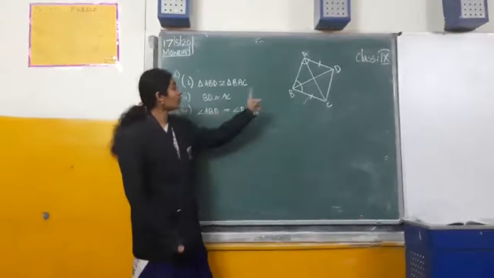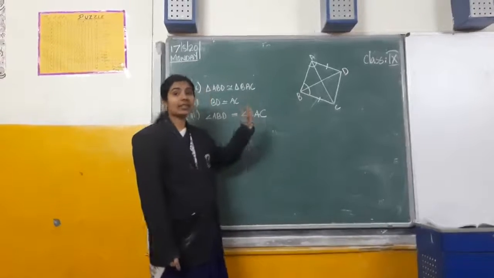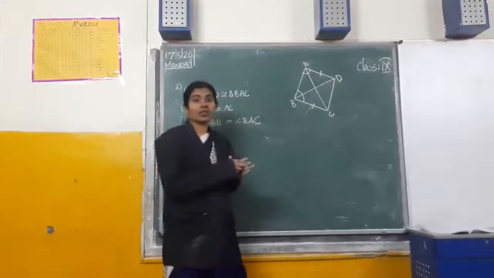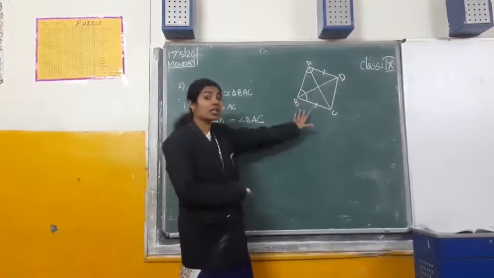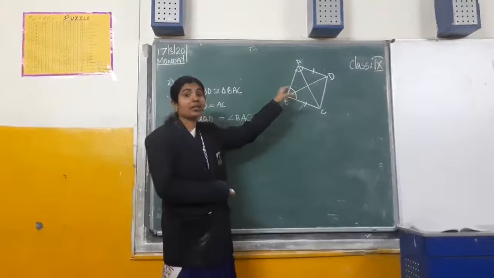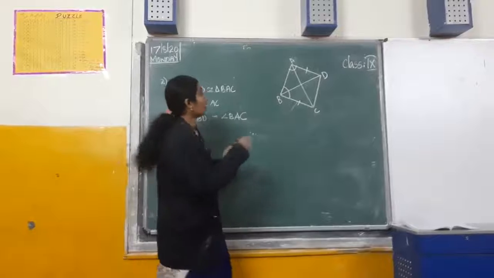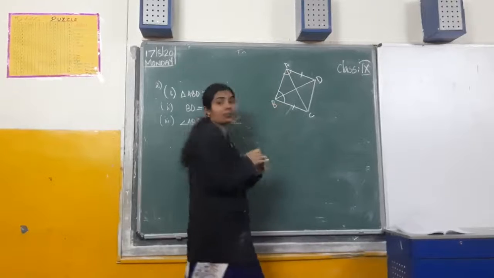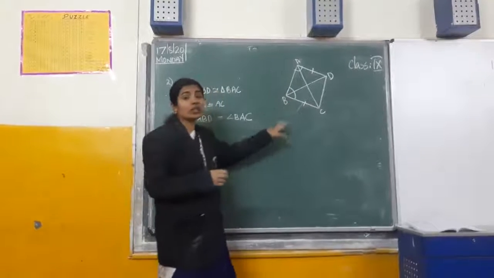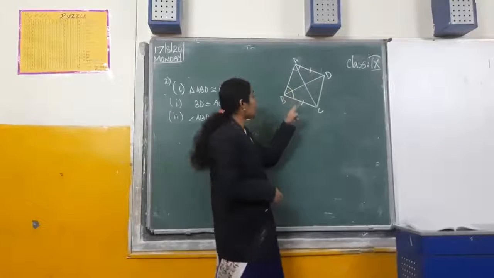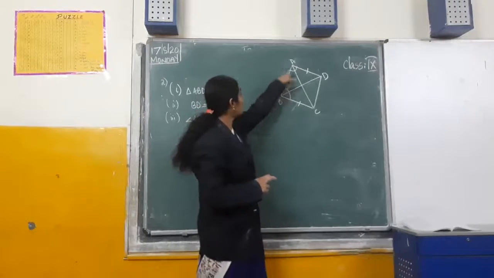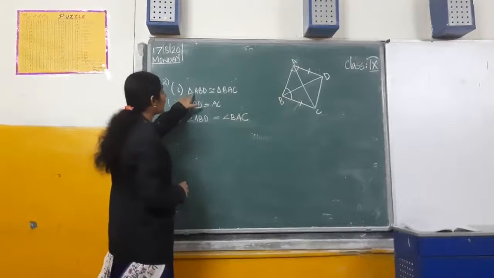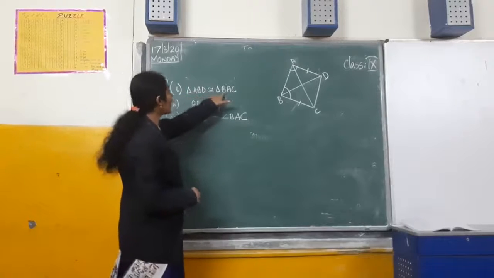See the second sum. From this given figure, some conditions are given. What does that mean? AD equals BC. From the given question, in the figure they have given AD equal to BC. And see here, angle BAD equals angle ABC. They have given these two angles also equal. So two sides and two angles are equal. What do you want to prove? You want to prove triangle ABD congruent to triangle BAC.